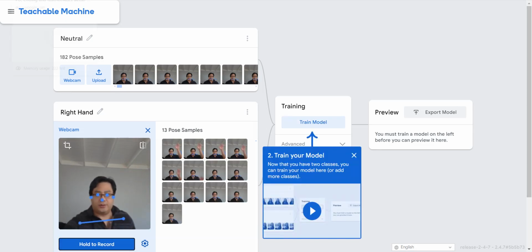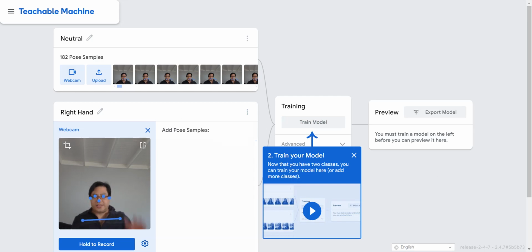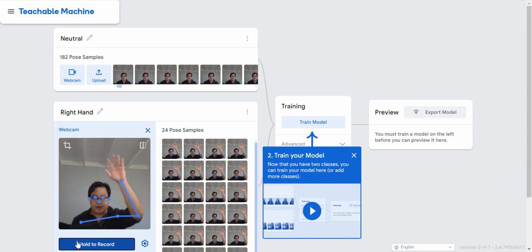Nope. See, I didn't want that because I've actually got... All right, so I'm going to go remove all samples. I don't want that. Okay, I'm going to start off with my hand raised like this. You want to make sure that you are already in position when you record. So you don't want to have samples there where you are raising your hand or when you are neutral, because that's going to confuse the classifier. Okay, so here we go, hold to record,